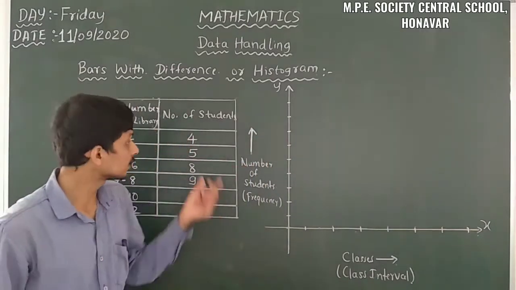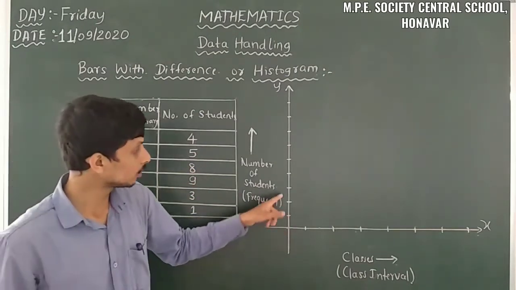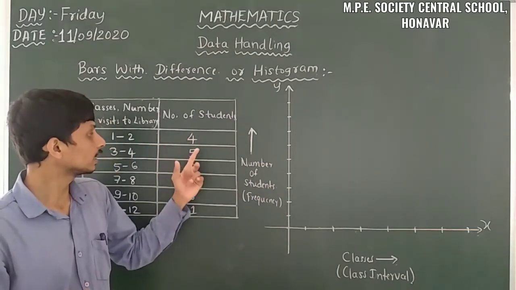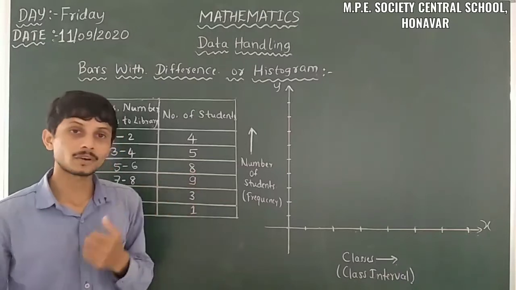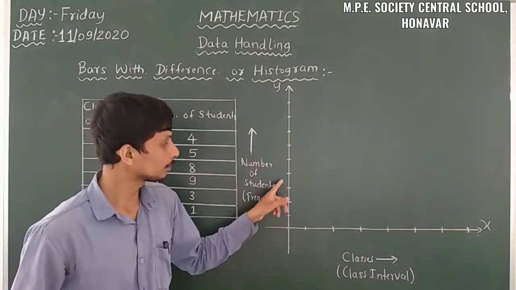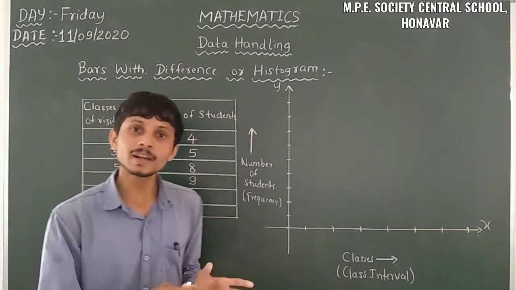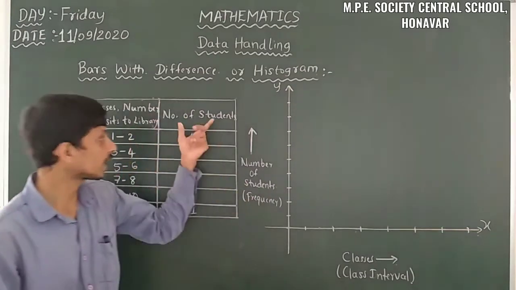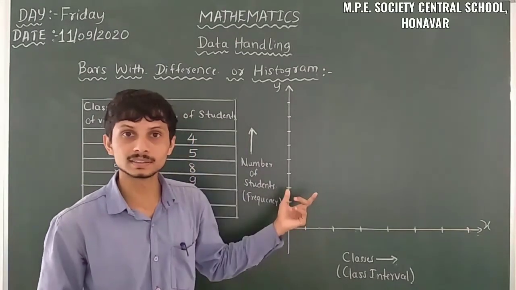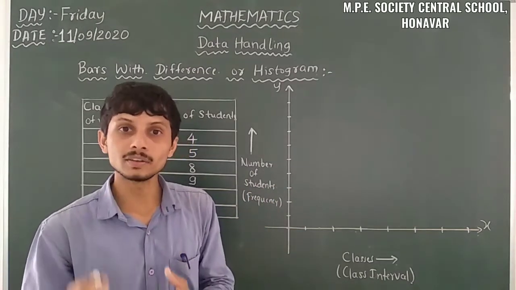If the values are in the form of 40, 50, 80, 90, 30, 10, we can take 10, 20, 30 like that. If the values are like 20, 25, 40, 45, 15, 5, then we can take 5, 10, 15, 20, 25, 30, 35, 40, 45. So it depends upon the values we have. So we have to arrange the y-axis. Here we can change it by the values we have.